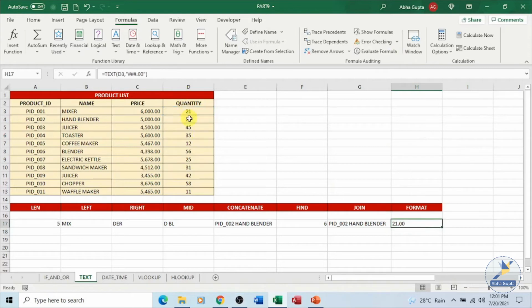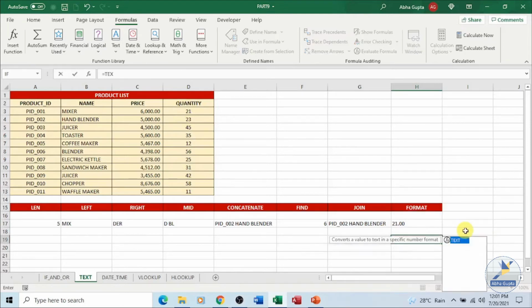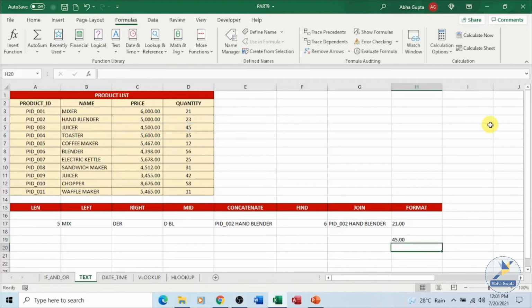Same can be applied over here. That can always be done. Say I want to have something like this, text, and in, say, this one, I want to have more places of, then a comma, thousands and hundreds and lakhs, whatever you want, you can always specify and press the enter key.